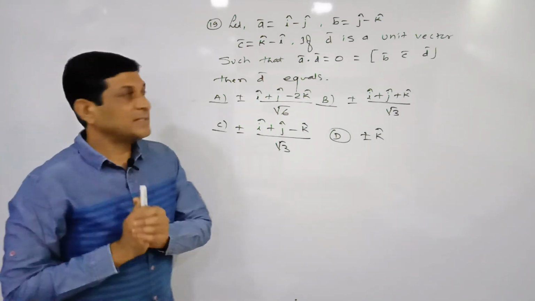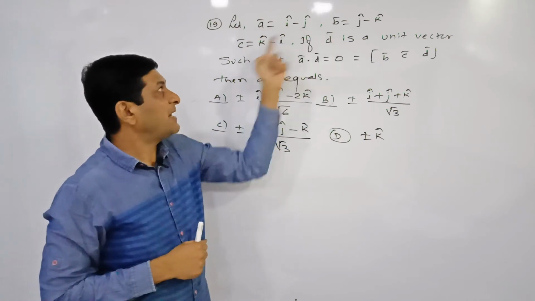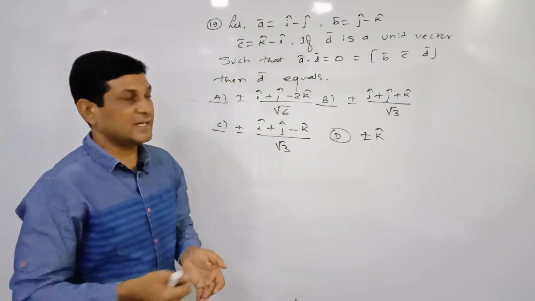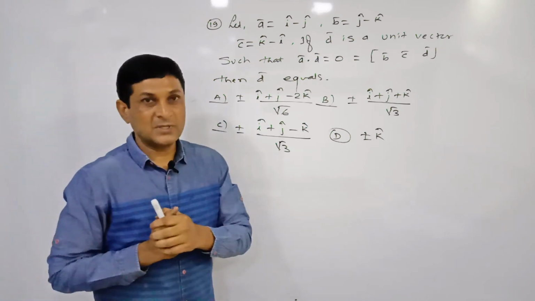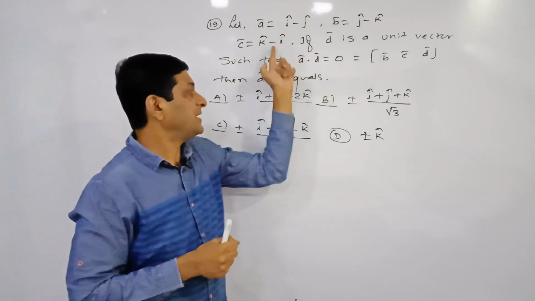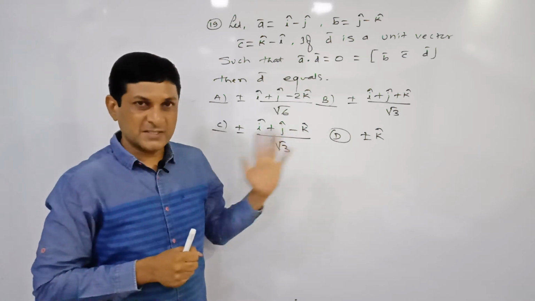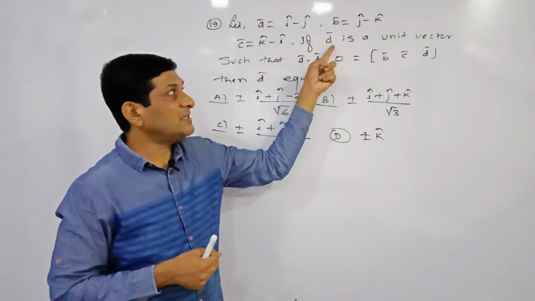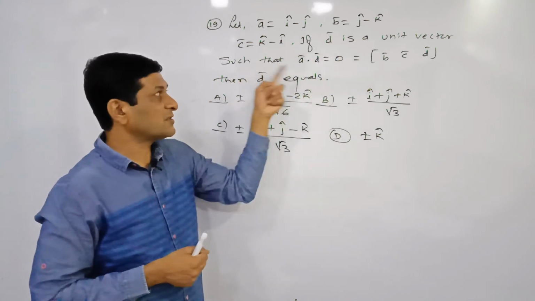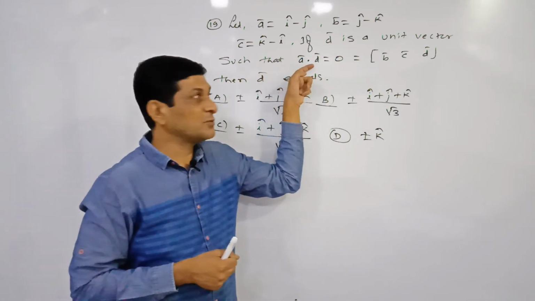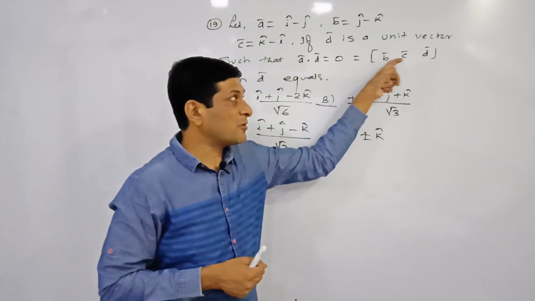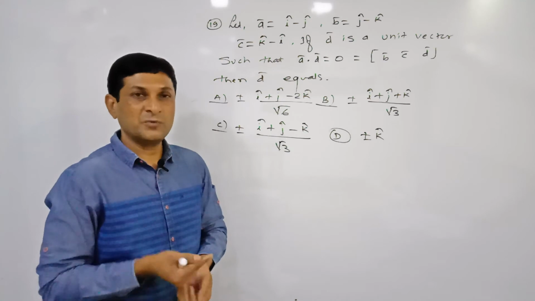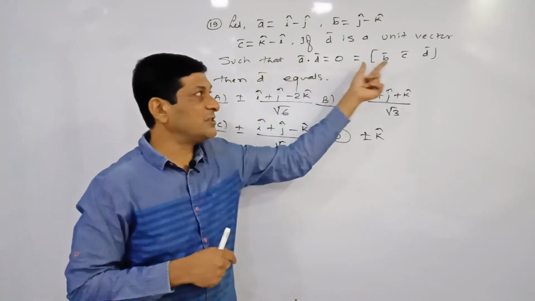See, in this 19th example, a bar, b bar and c bar are given to us. I have modified the question because corrections are there in the textbook. So here minus is not printed, and here also instead of minus, plus is there. Well, so here three vectors are given to us, and d bar is a unit vector such that a bar dot d bar is equal to 0 and the box product of b bar, c bar, d bar is equal to 0. This question is to find the unit vector d bar which satisfies these two conditions.